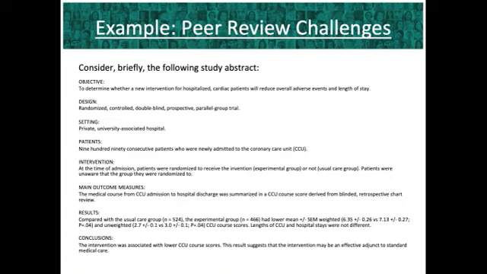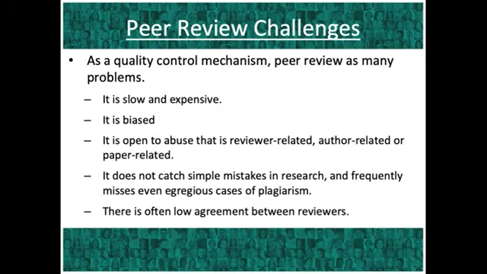Well, other problems in the peer review process, you tend to have an emphasis on positive results because these are viewed as more exciting than negative results and thus are more likely to be published. You also have bias towards English language publications. Most of the scientific journals, at least the ones that are read globally, are published in English. And so you have, obviously, a bias towards English language publications, but you also then have a bias towards native